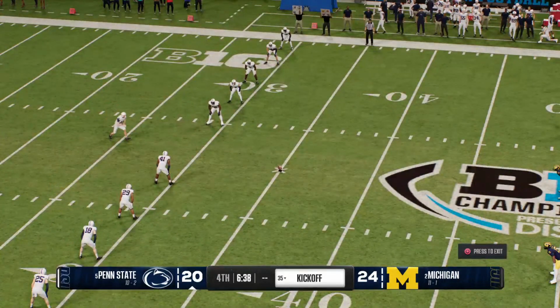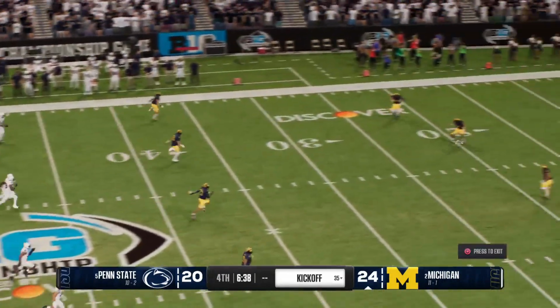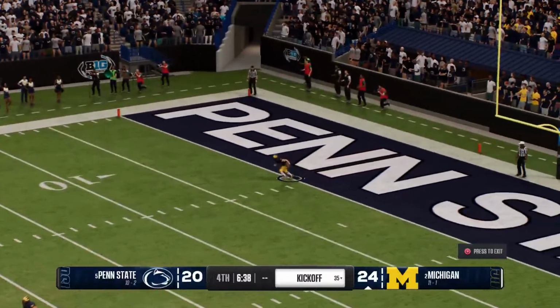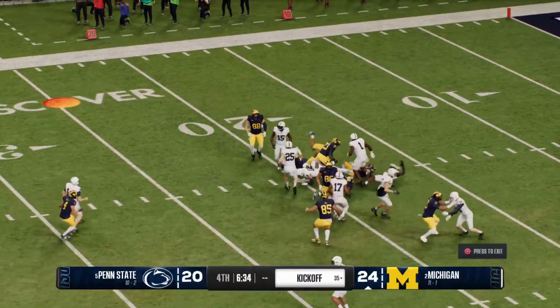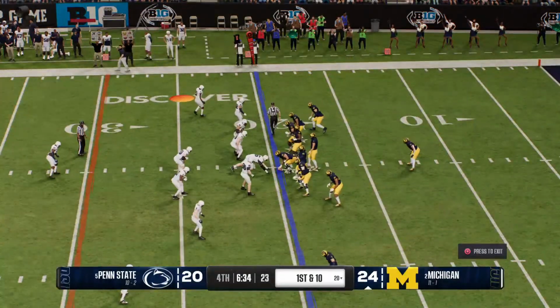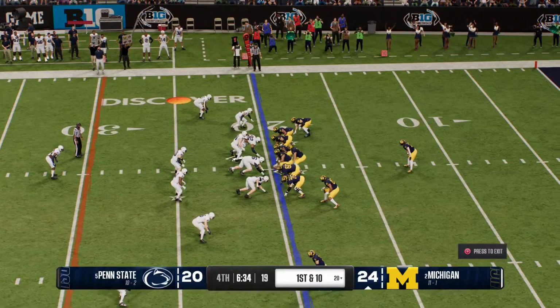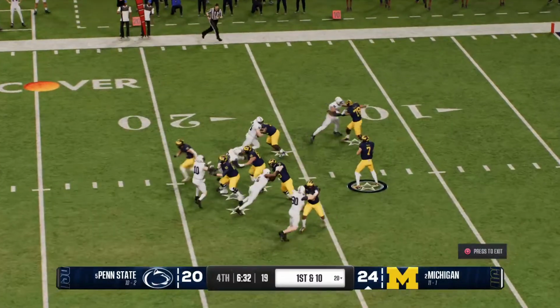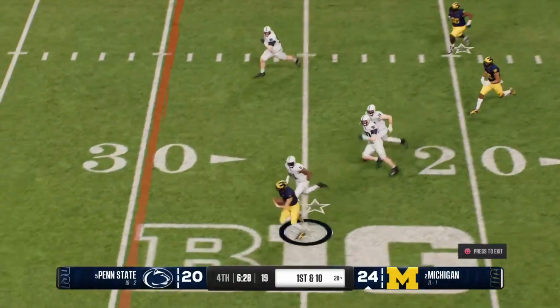Following the field goal, the kickoff team is out there now. Returner decides to field it. And he's stopped at the 20, trying to make something happen, but that's good coverage there. And the Wolverines offense is back on the field. Suddenly, this is a tighter game. Would love to build a drive, chew some clock.